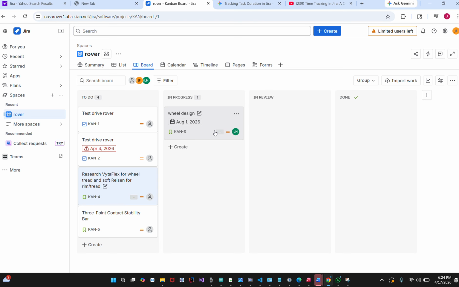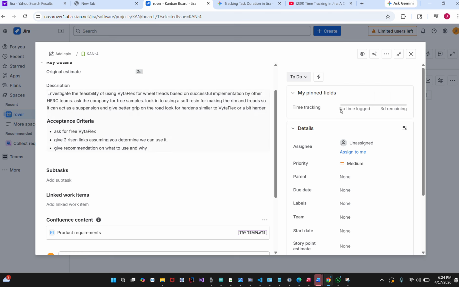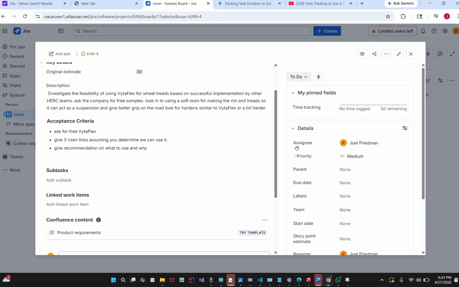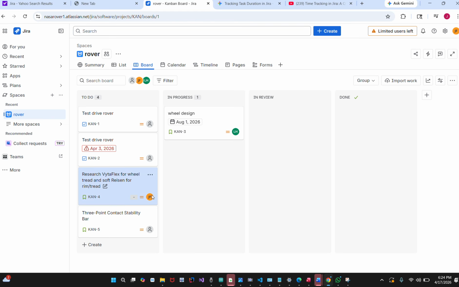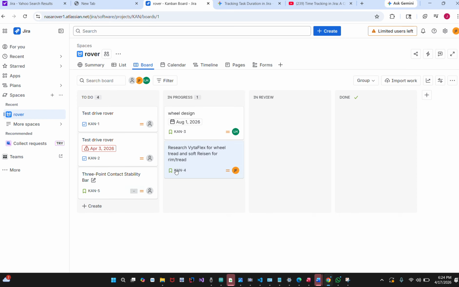So let's take a look at this task, for example. Let's say I want to do this one. You click on this, you see assign. It's right now unassigned, so no one's working on it. So I'm going to click assign to me. Now you can see my name popped up, and my username is here. Once I do that, I'm going to move this task to in progress, and that means that I've started